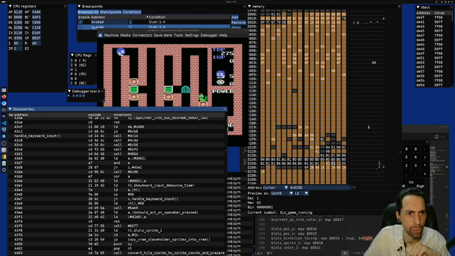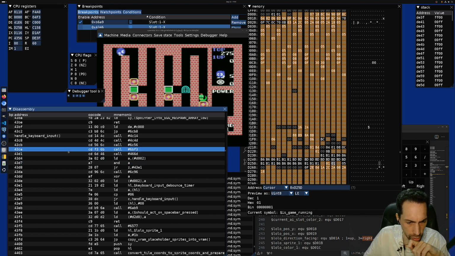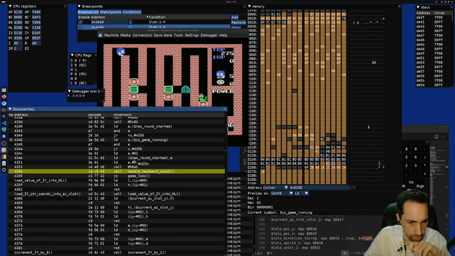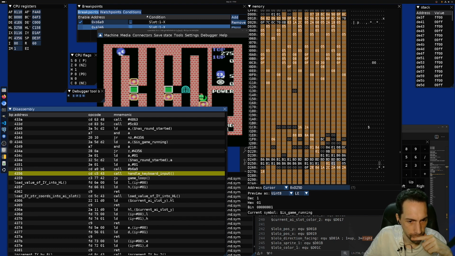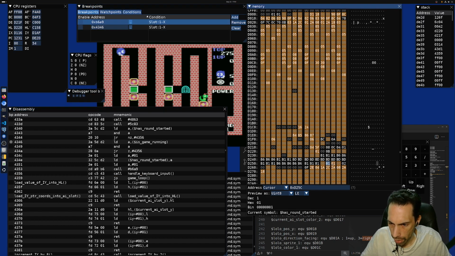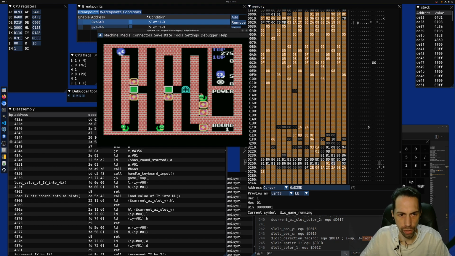What was the number? 4346? Well, no, because it would have put our PC on that, right? Oh, no, I escaped the function, right? Right. So this one has been called now. Okay, let's look at the variable itself. So is game running? So has round started and is game running, right? So let's